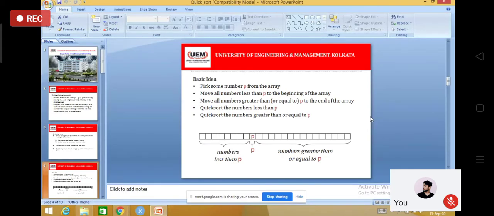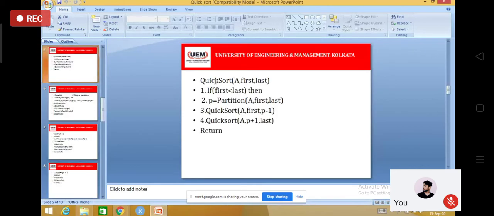That is your plan. And this entire division method, dividing based on the pivot, is called the partitioning method. So for quick sort, my steps are like this. Quick sort, A, first and last. These two are the first position and the last position of the initial array. Then, while first is less than last,